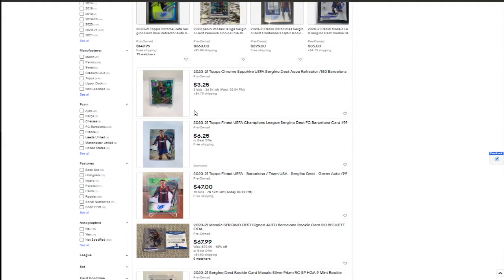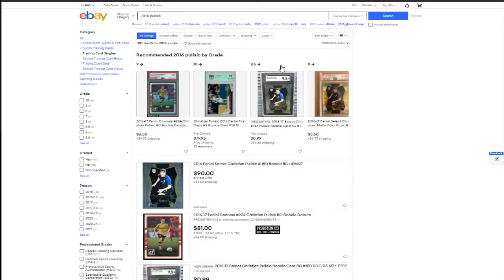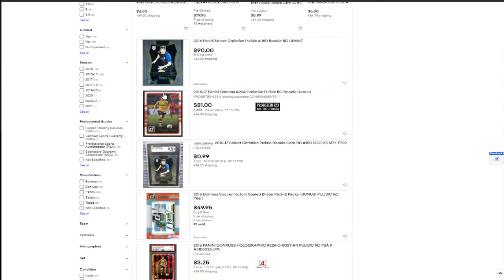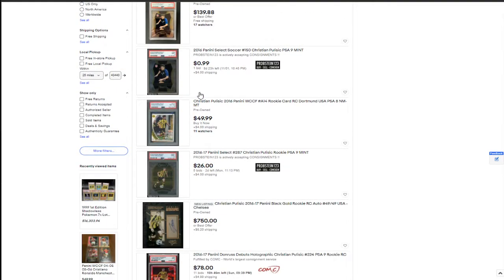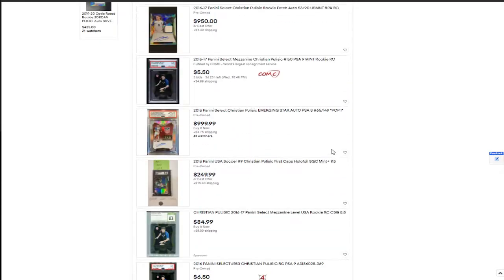More so the explosion that we've seen over the last year or two, and right there you've seen it demonstrated quite easily. But I wanted to go through basically the USMNT's main players and see what their pop reports, or their eBay listing reports, are, and we can get an idea from there. So we'll start with 2016 Christian Pulisic. Main cards from this are his 2016 Select, 2016 Donruss. He also has 2017 Topps Chrome that some people like, but as you can tell, a decent amount of cards, especially